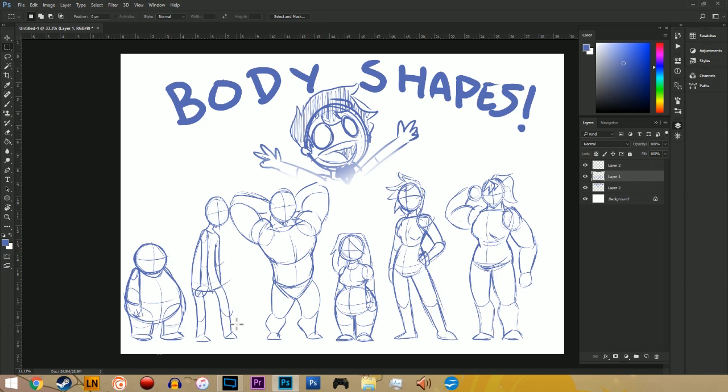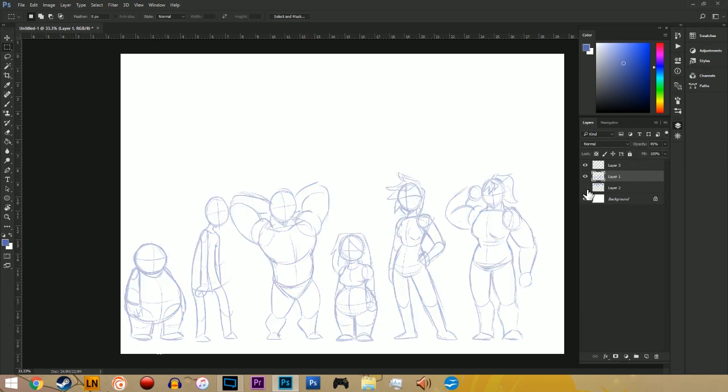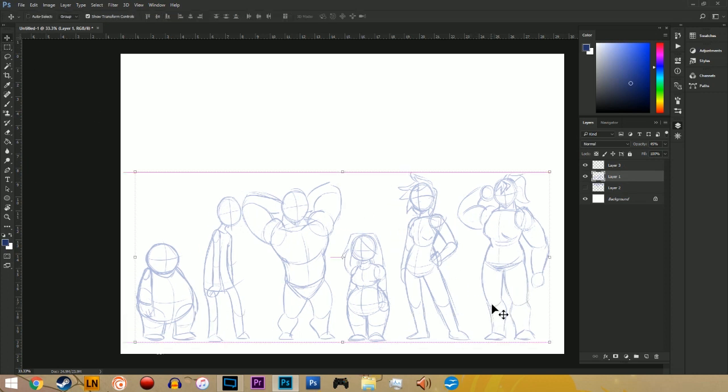But basically, the rundown of this video is going to be, I'm going to lower the opacity on all of these guys by about 50%. We're going to get rid of me, and we are going to reconstruct them one by one and show off the basic shapes, and hopefully that will help illustrate basic construction methods for these kinds of characters and body shapes.